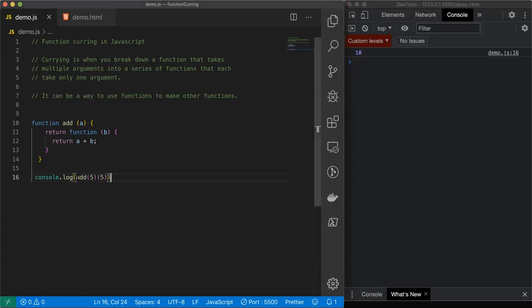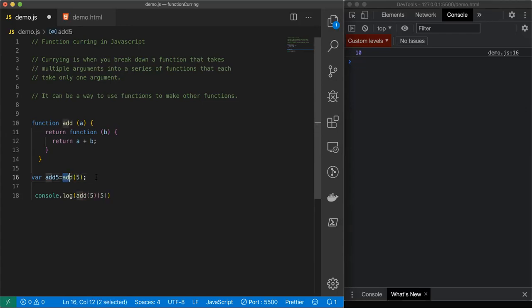Okay, now we can use it in a practical way. You can assign this function, you can create a new function from this, say add 5. Okay, now what we will do here is we will call add with a parameter of 5.